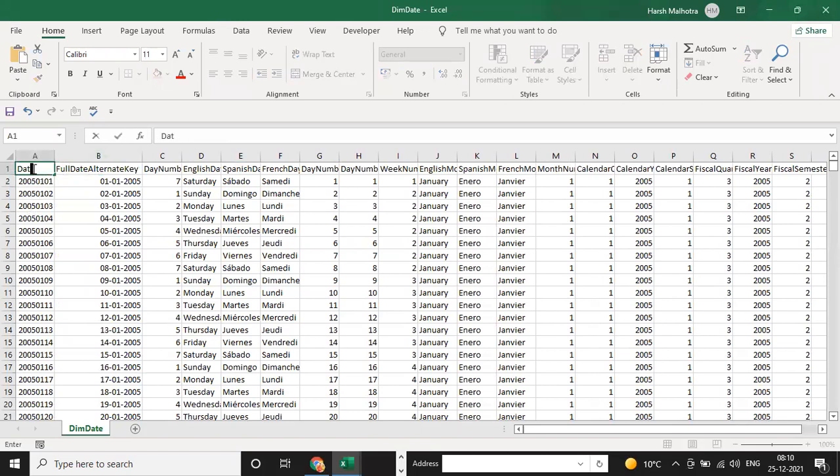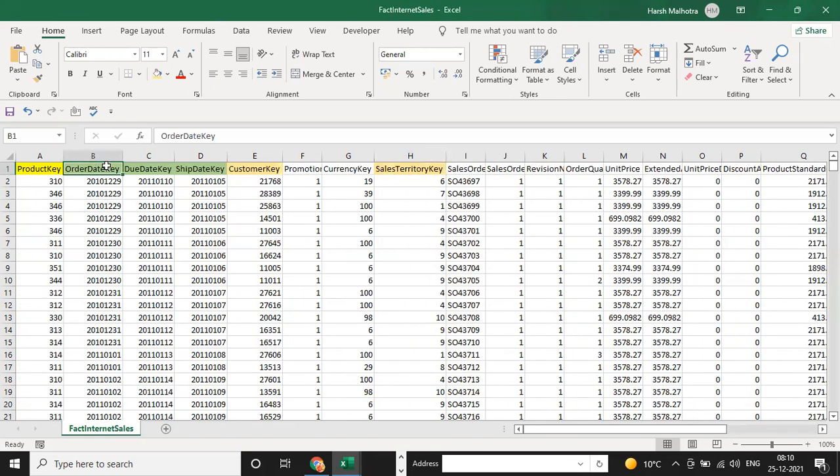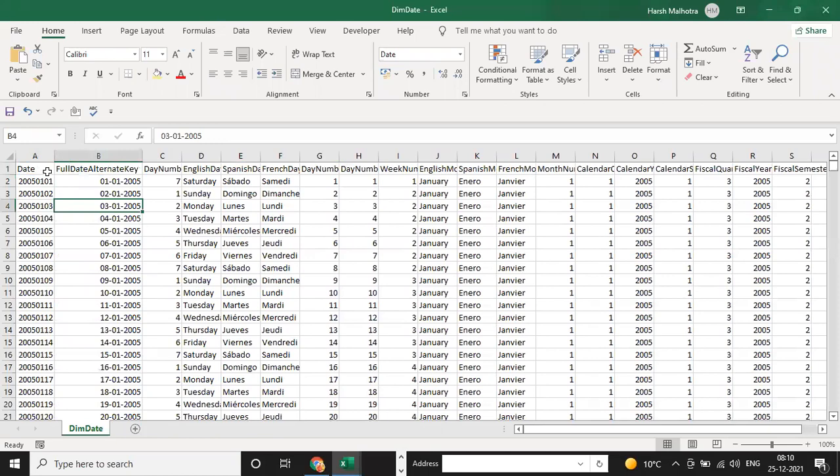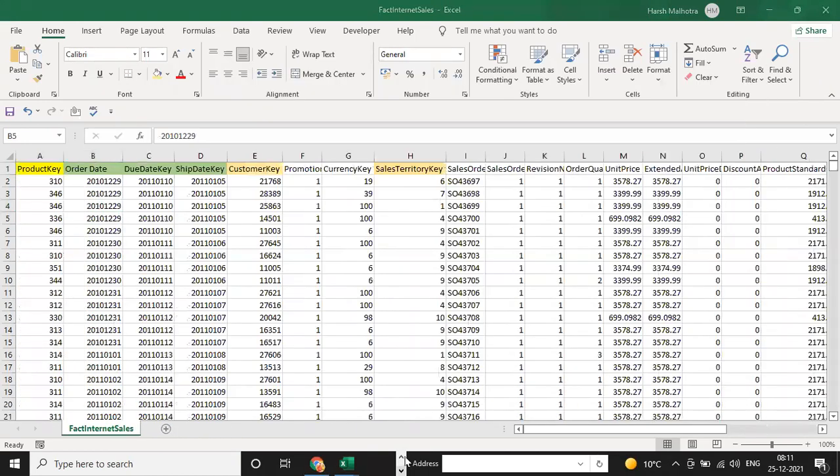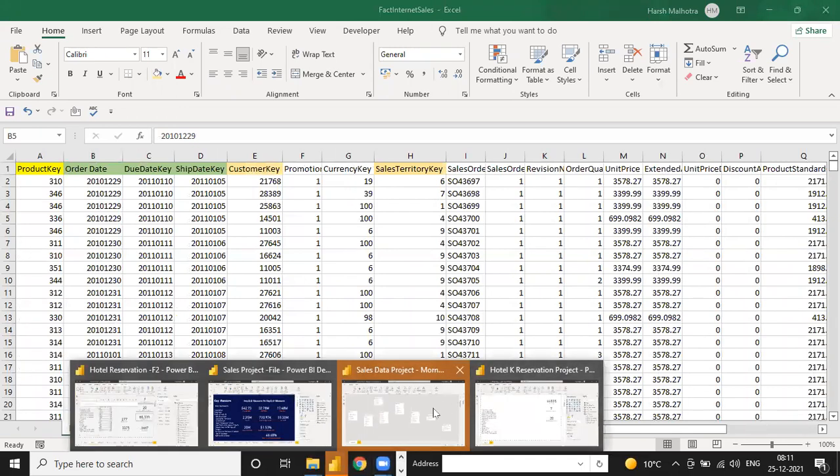See the full key table. It is just a day. If you select this as a date, okay, this one is date. You can select it, and here also you can select it as the order. If you remove the key option, don't worry about it. It is just a format. And what is the format? I'm going to tell you in Power BI.